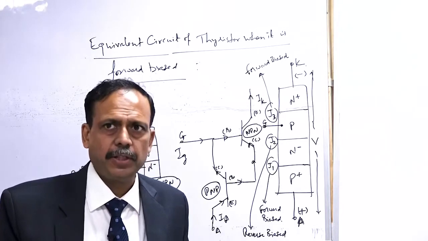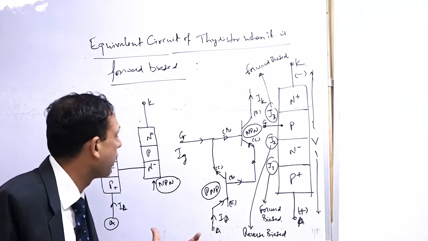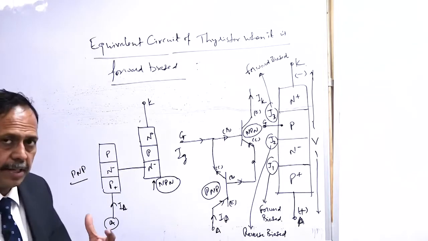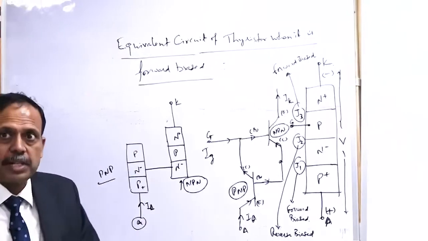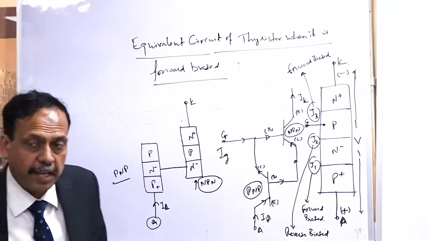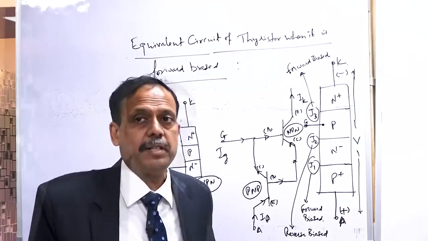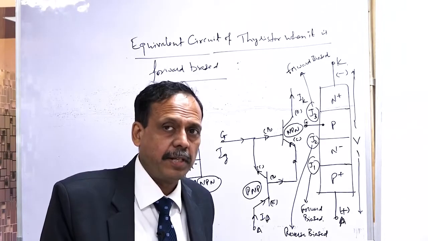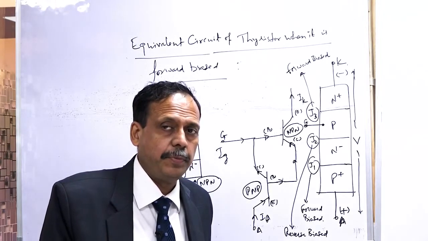Now, Sunil Gupta ji, when is he joining? Shall we wait, because this is a very important concept. When the thyristor is forward biased and the gate is triggered, it starts conducting. How does it start conducting? It is a very interesting and important topic, and I think we should wait if somebody has not yet joined. Let us wait for another 2 minutes.